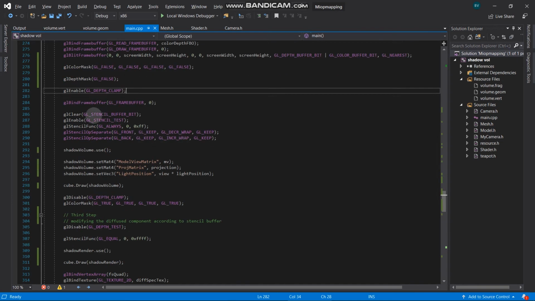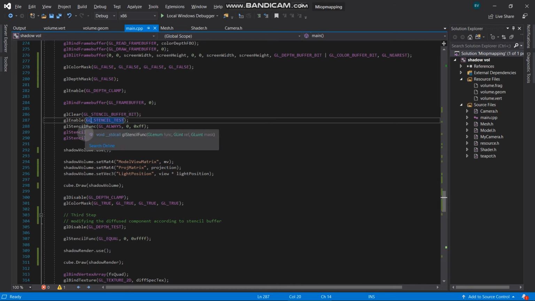But in practice we don't do that till infinity. So we want the volume till the maximum depth possible. So this function clamps the volume to the maximum depth possible, and then we clear our stencil buffer again, and